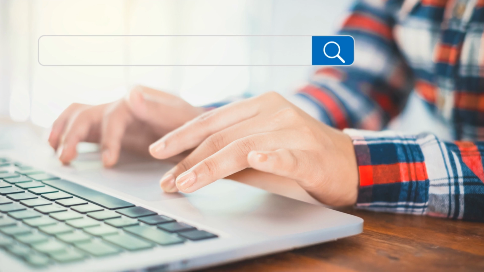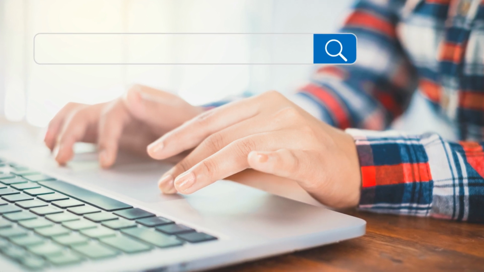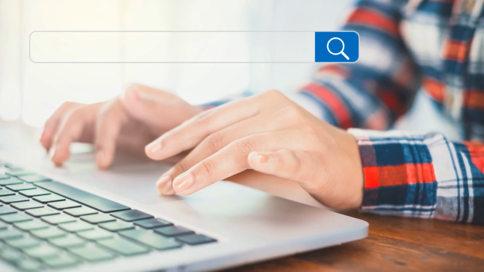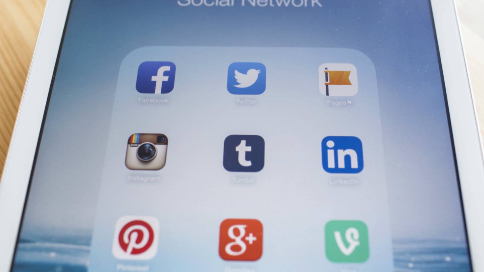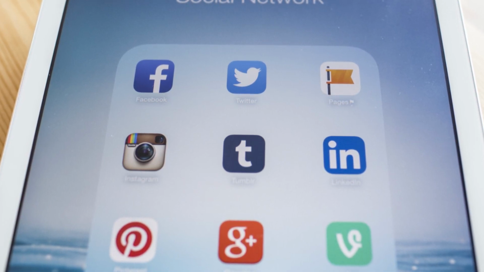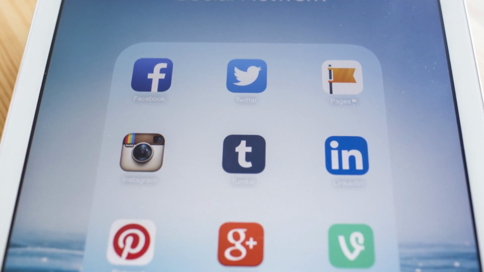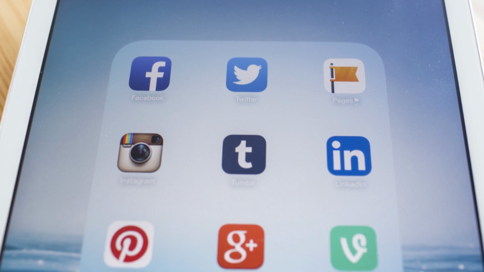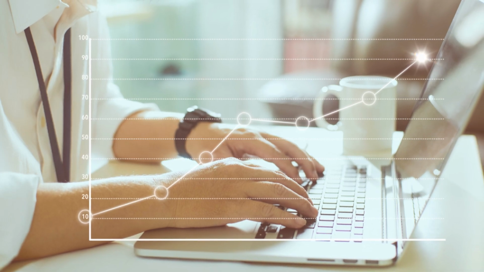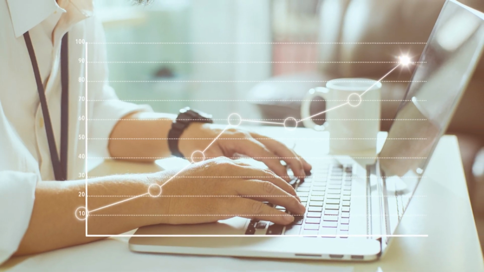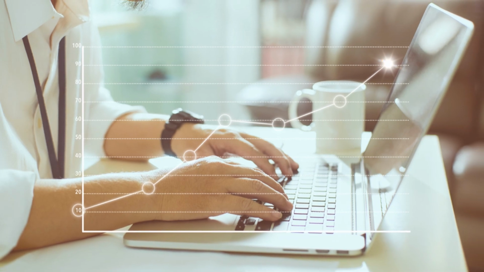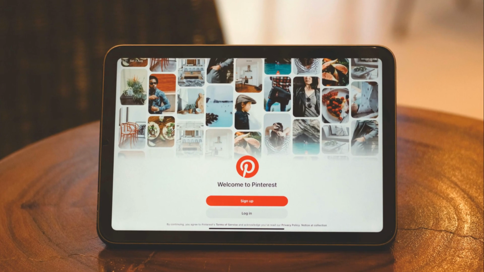Welcome to Chapter 13, Pinterest, Quora, and similar posting sites, leveraging platforms that allow links. In this chapter, we'll explore how to use Pinterest, Quora, and other similar platforms to drive traffic to your channel, website, or landing pages. These platforms allow you to include links in your posts, making them powerful tools for traffic generation.